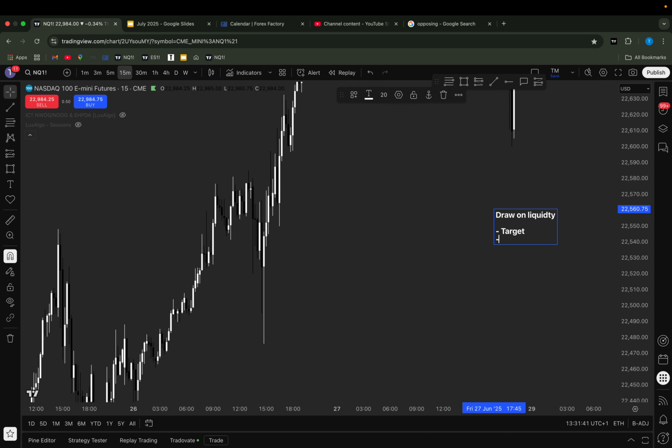So we're going to start getting a little bit more advanced now. When you're coming onto the charts in the morning, I'll do a video of what you should do coming onto the charts in the morning. But you should be identifying your draws on liquidity. So you should be identifying your bias, whether you're bullish or bearish, which way you think price is going to go. And then you're going to simply mark out highs and lows, your draws on liquidity, so your targets,